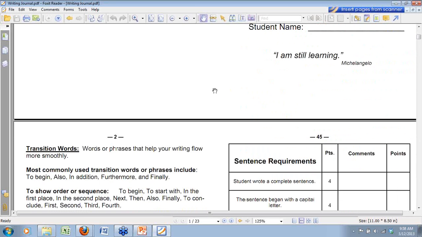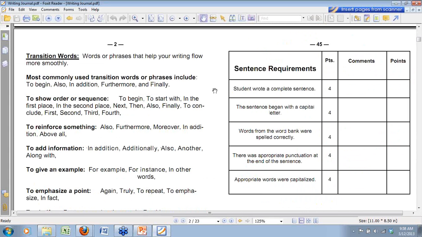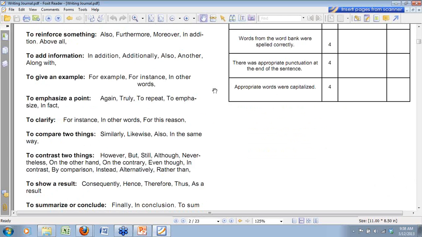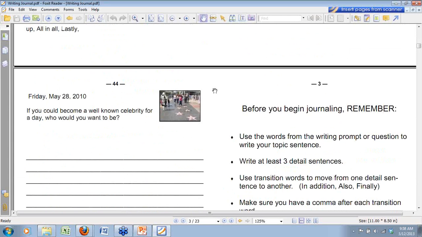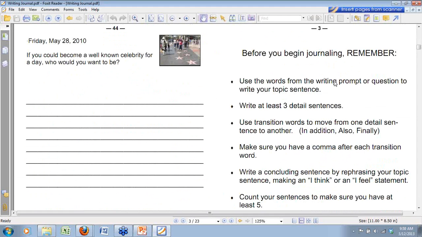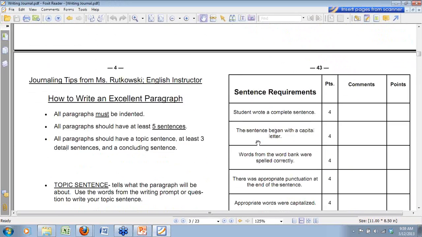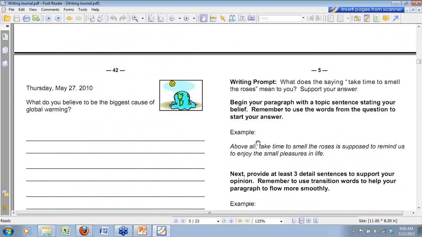You may have seen these before, or you may do something similar to this. So each student keeps a professional journal. They have determined what they're looking for in terms of requirements, but if you scoot down, the neat part is that you can use this as an opportunity to infuse mathematics. So now some of their prompts, like this one on the screen, is just about being a celebrity,